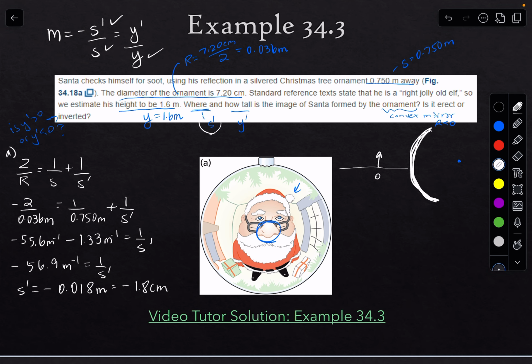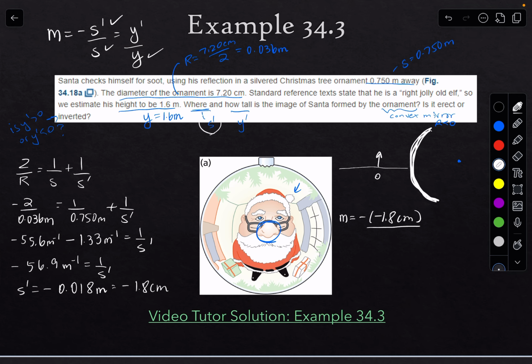So the magnification is going to equal negative S prime. S prime was negative 1.8 centimeters. And I guess I'm going to do this in centimeters now. Our S is given to us as 0.75 meters,